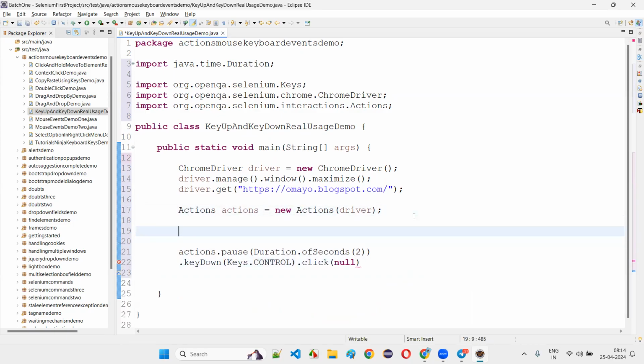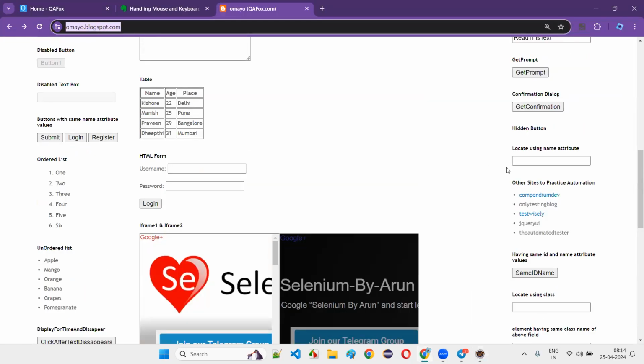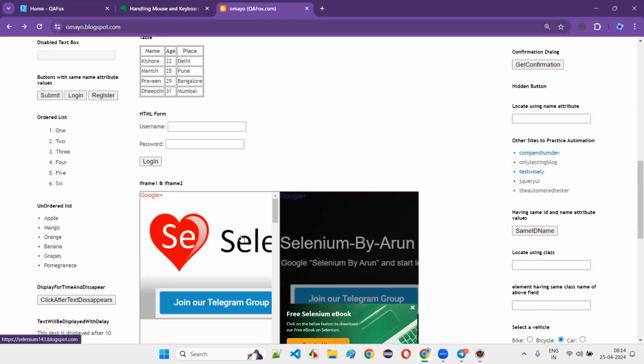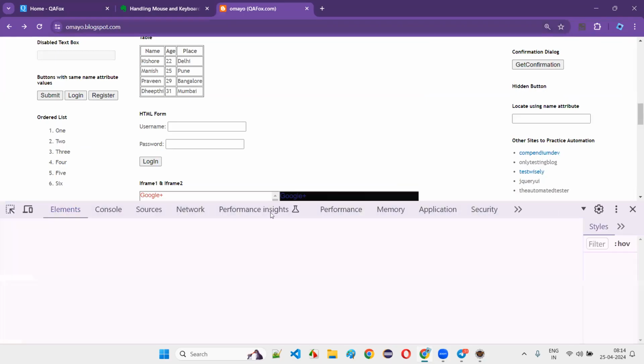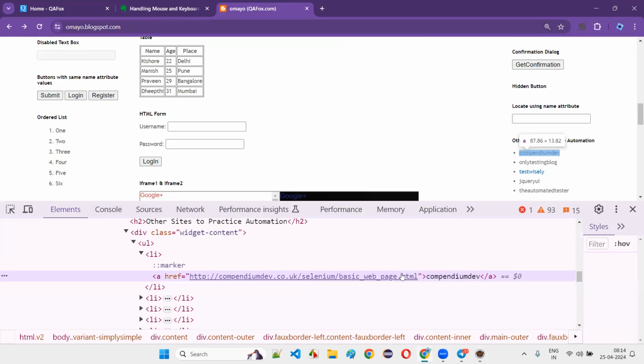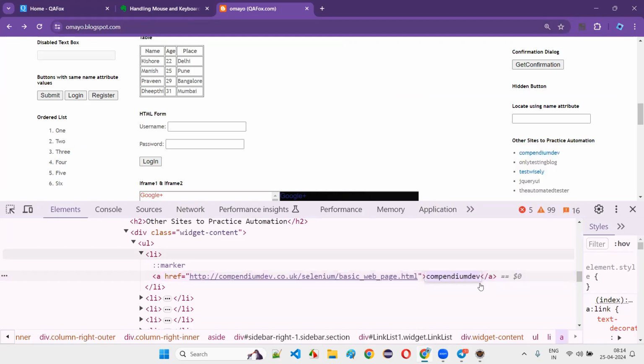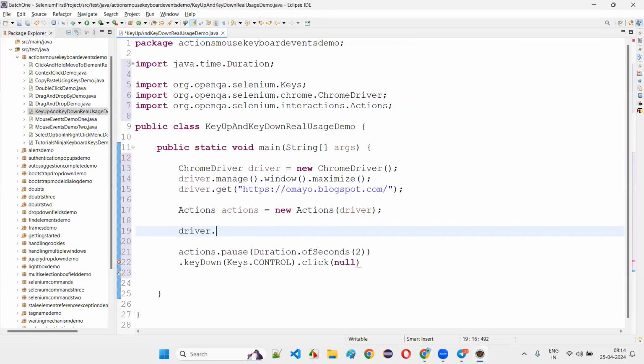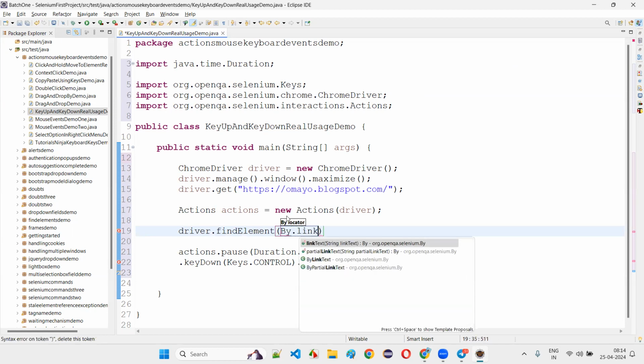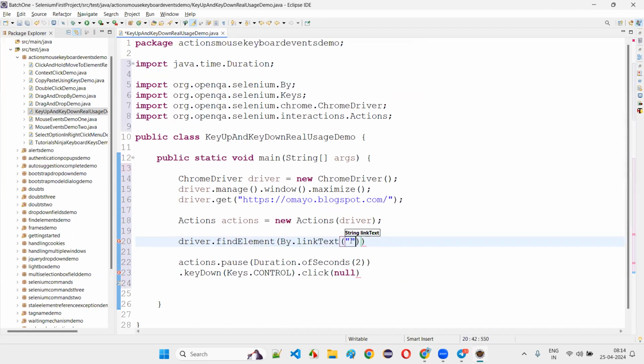I have to create the web element for this link. Inspect this link, the compendium dev link. Mostly it will be link text, guys. Copy this link text, create the web element, driver.findElement(By.linkText(...)), and provide the link text. This is compendiumDevLink is equal to